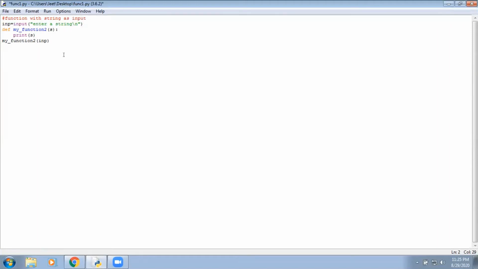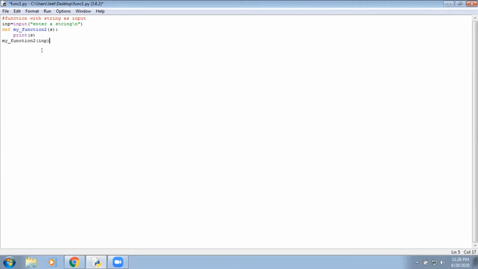Then I'm declaring a function, my function2, by first writing def, then the function name, and inside the parenthesis, I'm giving a variable s. So guys, this is a formal parameter. This is just a reference to the actual parameter that we'll be using when we call the function, and then the colon, and we write print s. So this function will basically print the string that we're taking as input from the user. And at last, we are calling the function by writing my function2, the function name, and inside the parenthesis we are giving that value, the actual parameter, which is the input from the user.